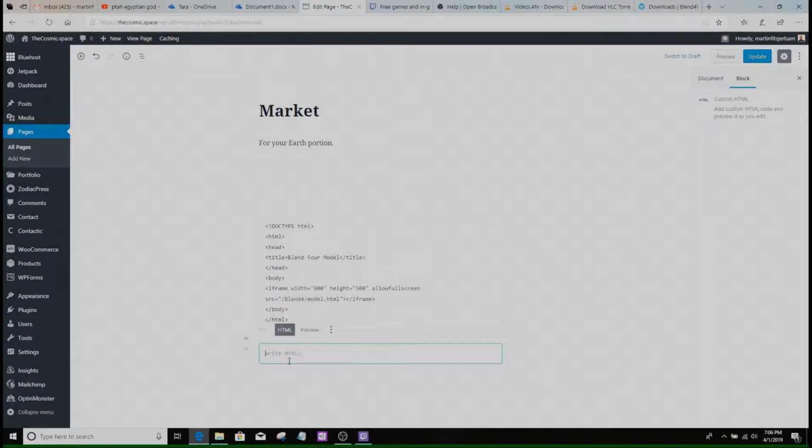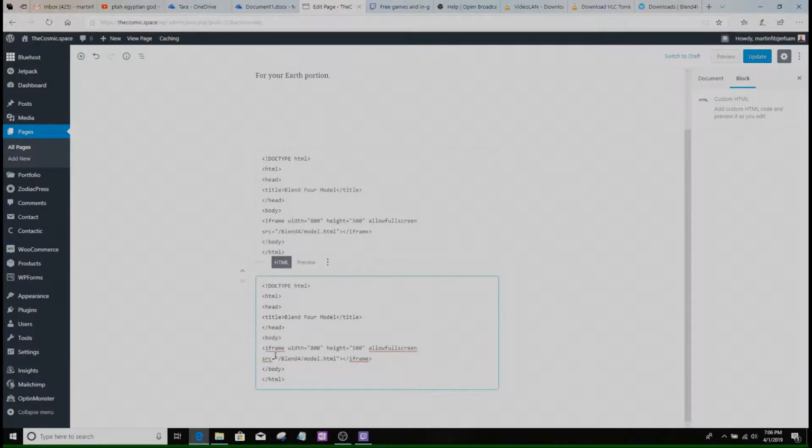So for me, I saved my model.html on the file manager, the WordPress file manager,